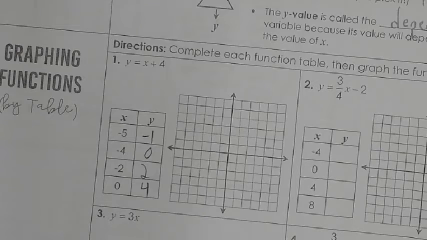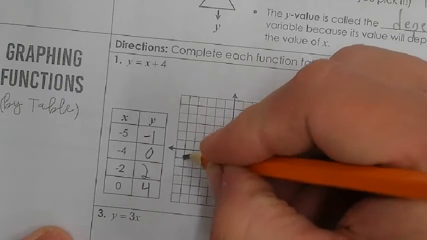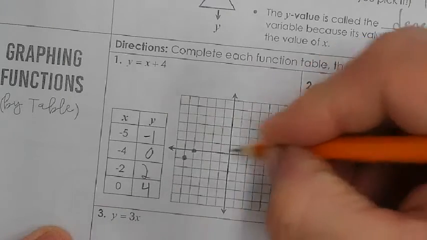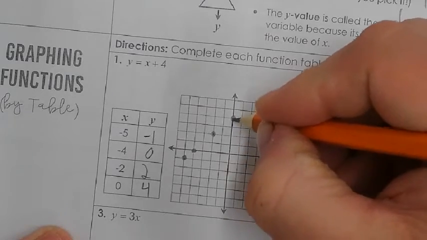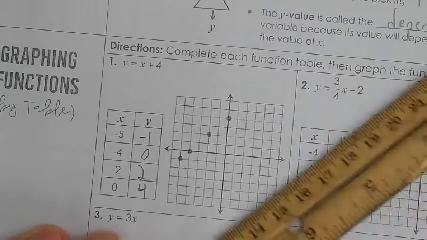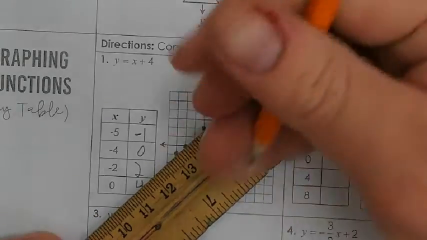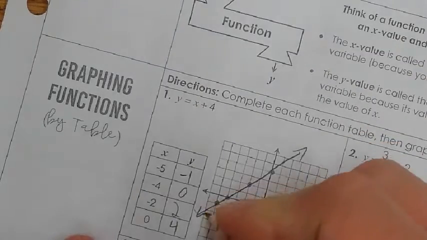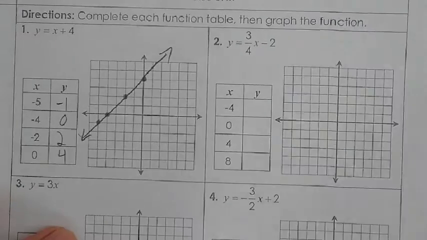All right. So yeah, plot the points and then connect the dots. So -5, -1, -4, 0, -2, 2, and 0, 4. All right. Then on number 2,